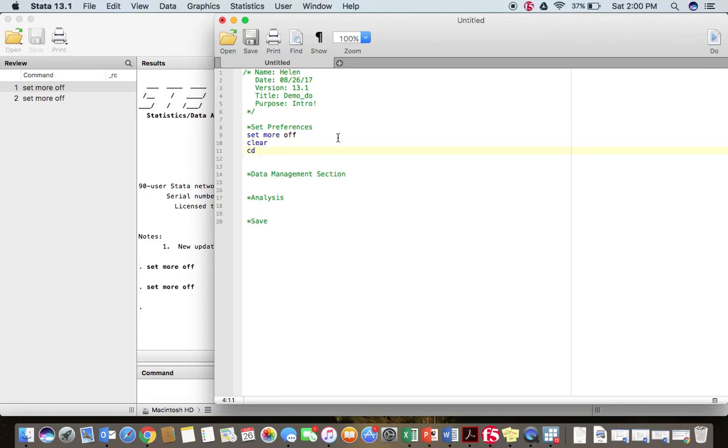So CD is a working directory, so that lets STATA know what folder you should be using on your desktop or in your documents. I'd recommend that you set a specific folder to host all of your course data sets and all of your STATA data sets for PH139. So I have this, and I'm going to type